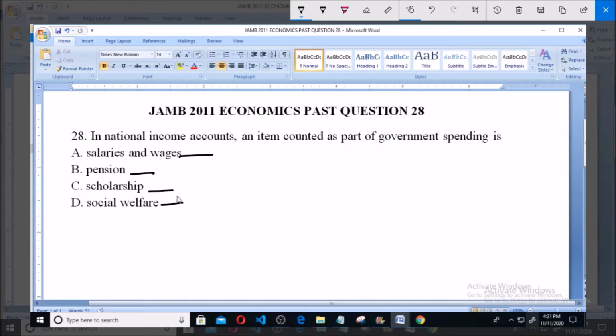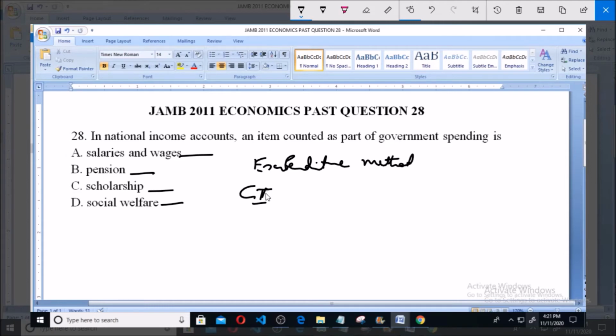One of the methods of measuring national income of a country is the expenditure method. The expenditure method is one of the methods of measuring national income. This method or approach calculates the total amount spent on consumption and investment purchases during the year. In other words, it measures the total expenditure on currently produced final goods and services by